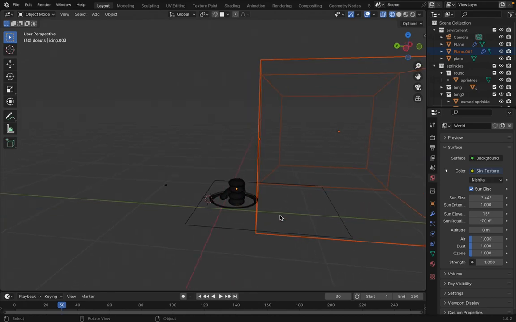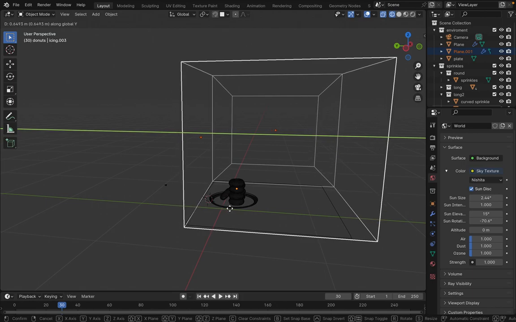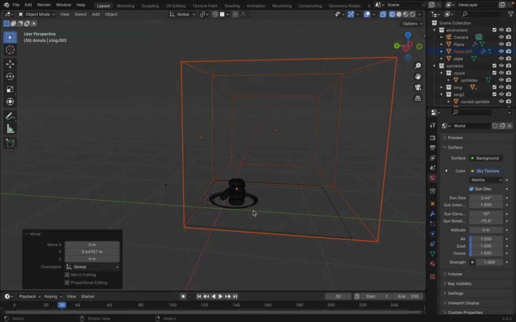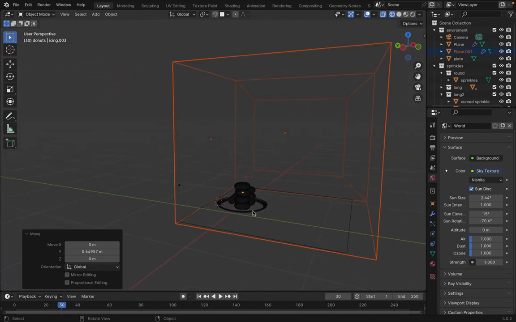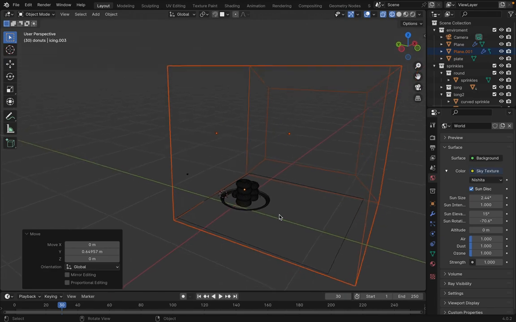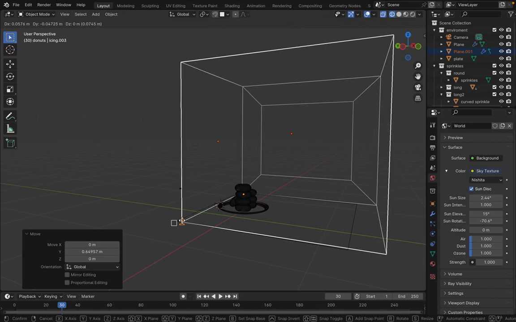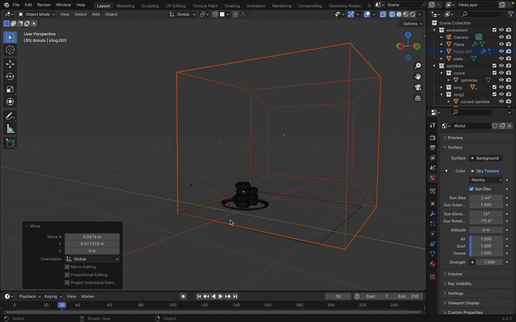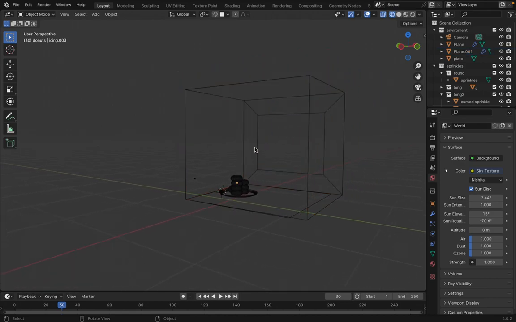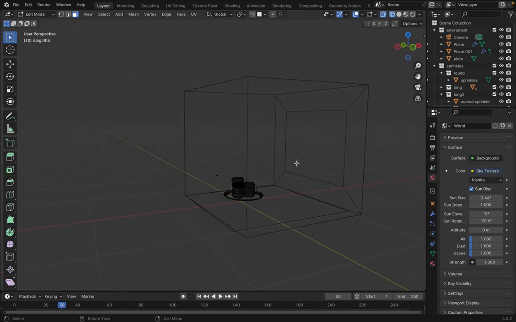So maybe we G, we move it on the y-axis. Now we hit G, P, okay. Now we want to go to the edit mode, we select this face,